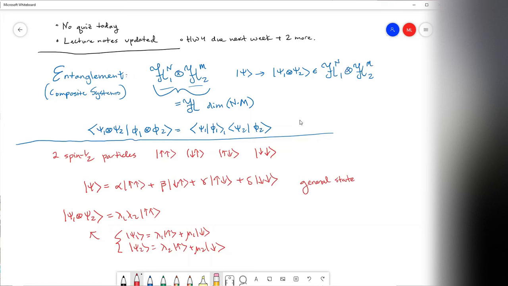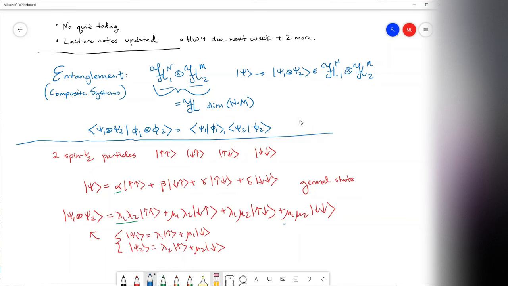I sort of mentioned that last time. And then you would get the cross terms. So for spin 1, you get mu 1 lambda 2: spin 1 is down, and this one's up. And for the other cross term, you get lambda 1 mu 2, where the first one is up and the second one is down. And then you get down down, which is mu 1 mu 2. But if I look here, it doesn't always work. There's 4 unknowns here and 4 unknowns here, but it's over constrained because look, this guy